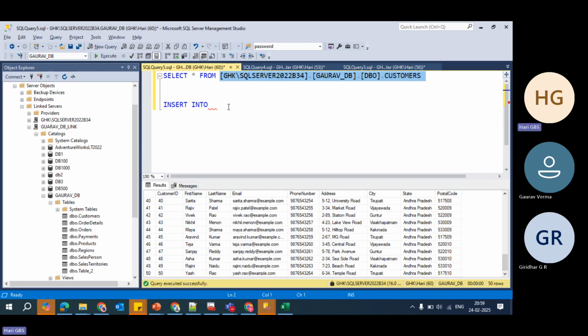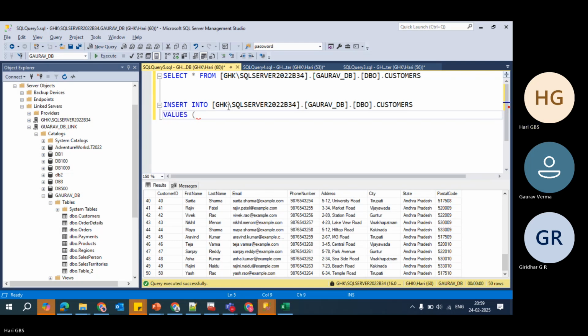Insert into this table, values are: 51, comma, Hari, first name, comma, Kumar, second name, comma, email, hari@gmail.com, then phone number, something like this, address,